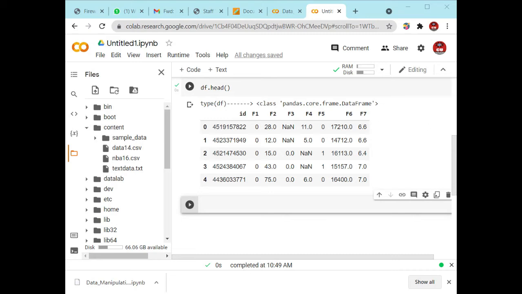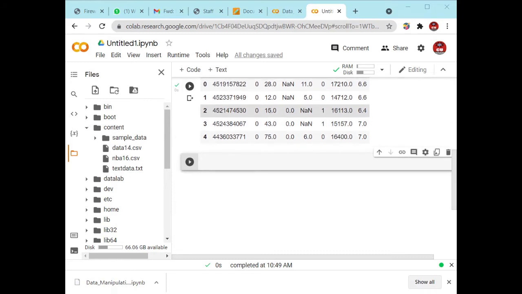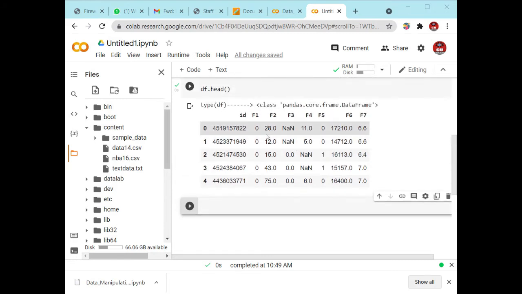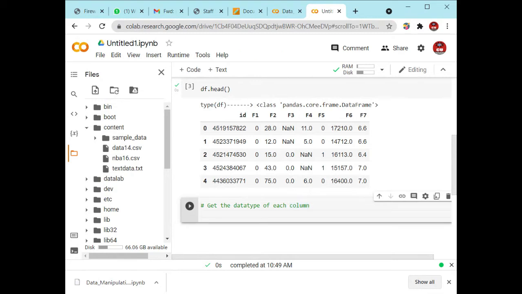These are all the columns. Okay, so you have to retrieve the data types from these columns. Before this text, you have to write the hash. So that will be considered a comment. Okay, this line will not be executed if you use the hash symbol.